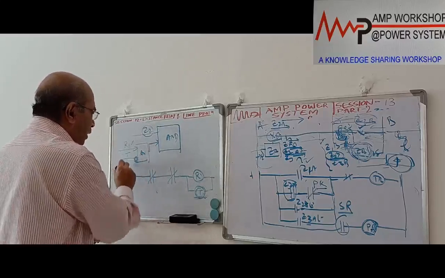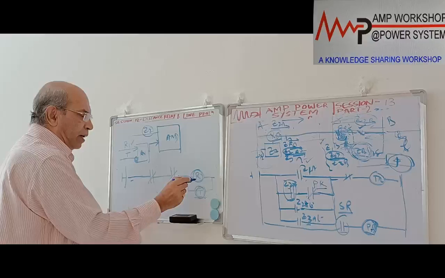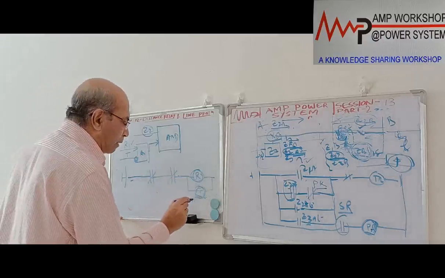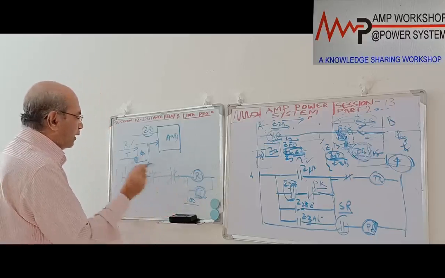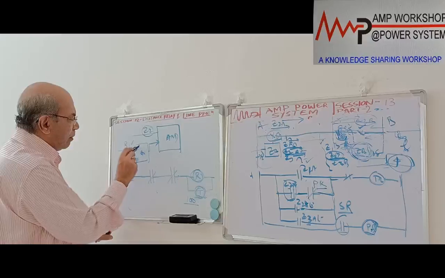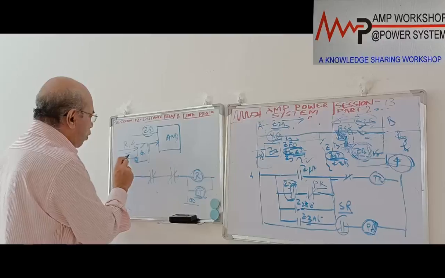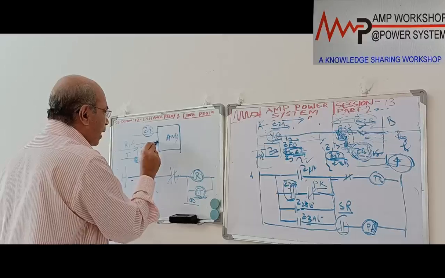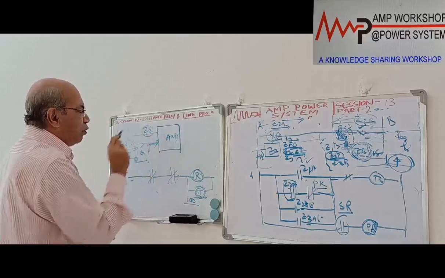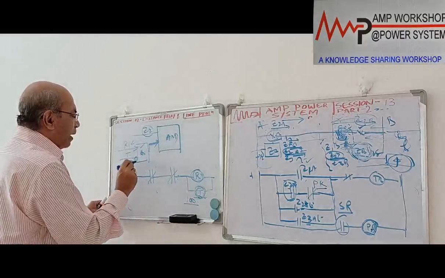This will happen when the channel fails. In that case, R will pick up immediately, and the timer will pick up after 100 or 150 milliseconds. Up to 100 milliseconds, until it is picked up, these will be on during the channel failure. R1 will be on, and these will be on up to 150 milliseconds. So up to 150 milliseconds these will be high. When this is high, then Z2 will be operating. This is one case, and then there will be another case.